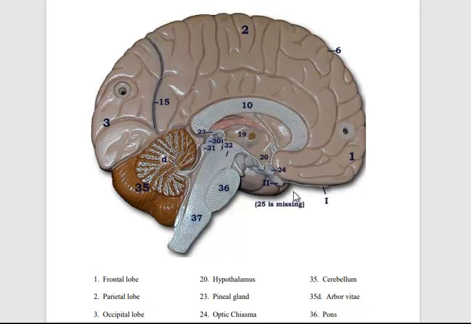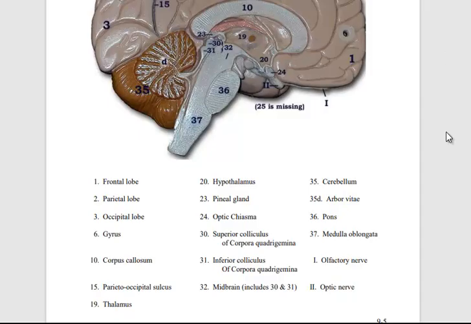Olfactory and optic are those. So we only have a couple more terms to learn. One of them should be rather obvious if you know that this is the occipital region and this is the parietal region. Then this division right here that they painted in with a black Sharpie and labeled 15 is the